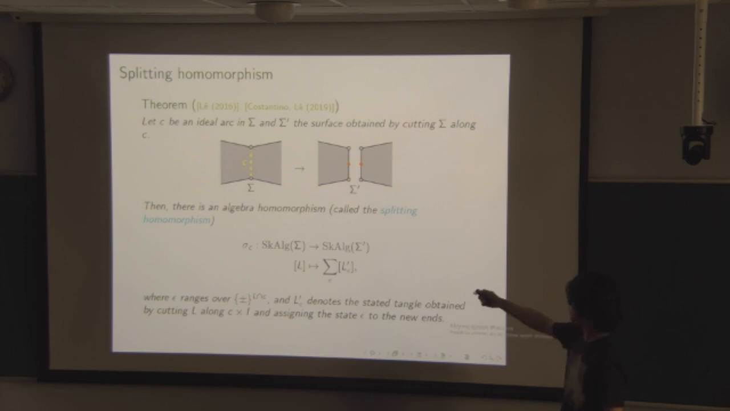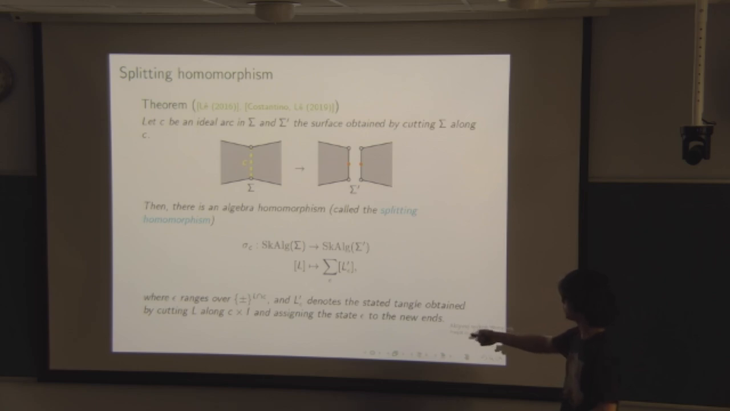Then under this cutting, this theorem says that there's an algebra homomorphism from the stated skein algebra of the original surface to that of the new surface, sigma prime. And the way this homomorphism is constructed is